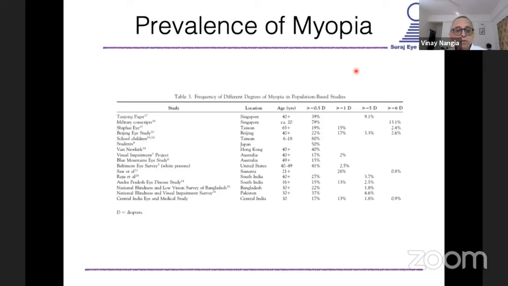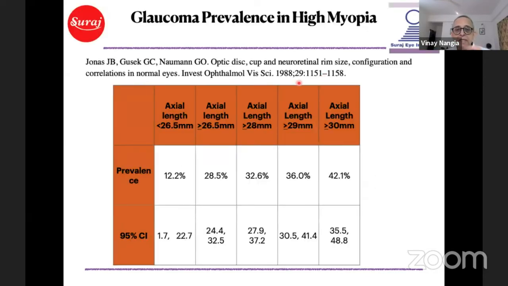If you compare that with Singapore or with Chinese studies, then we find that the prevalence of myopia of more than minus 5 diopter was much higher. And today in China, Taiwan, and many other countries in East Asia, we find that the prevalence of myopia reaches almost 90% by the age of 18 or 19 years, actually. So I think that is something that's really tremendous in terms of the prevalence.